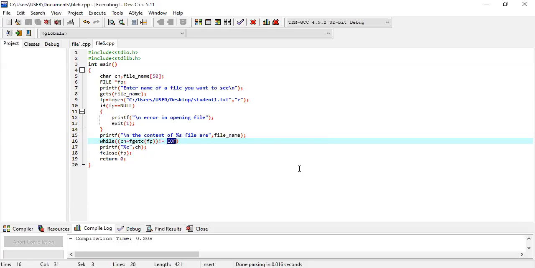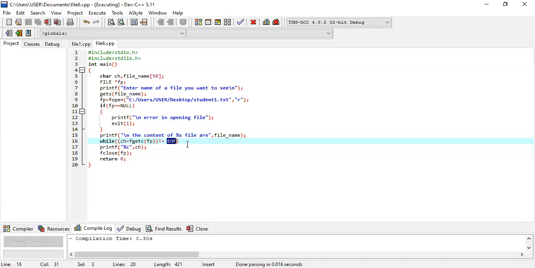Compiler knows that. So whenever ch is not EOF, until the condition becomes true, it will print the ch value.